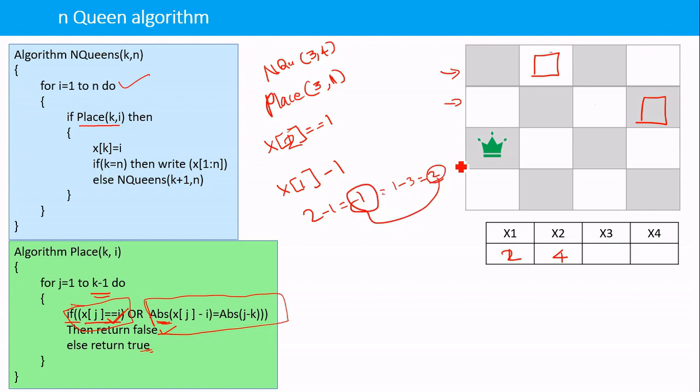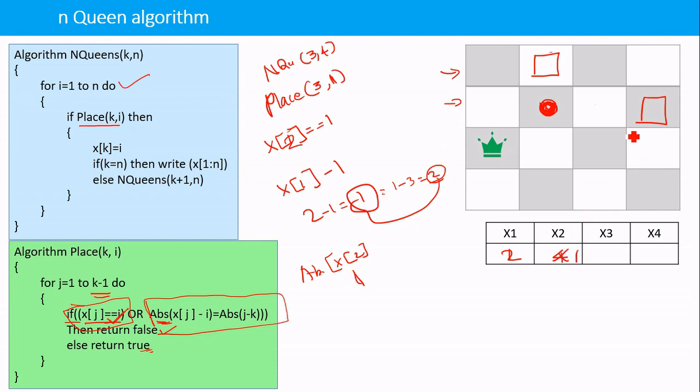Suppose imagine that queen 2 is here in the second column. Then when j becomes 2, I will take the absolute value of x of 2 minus i.